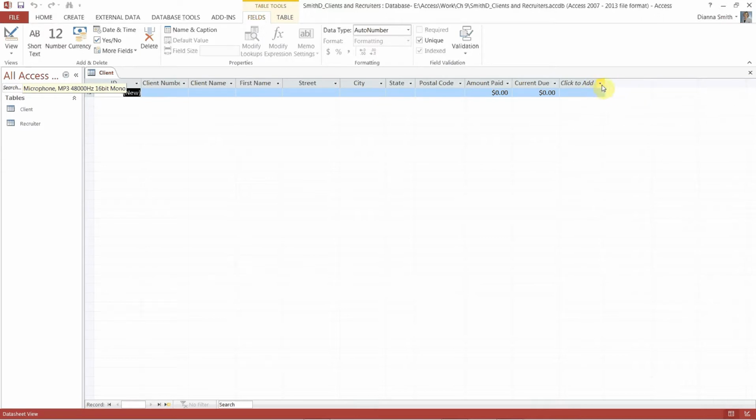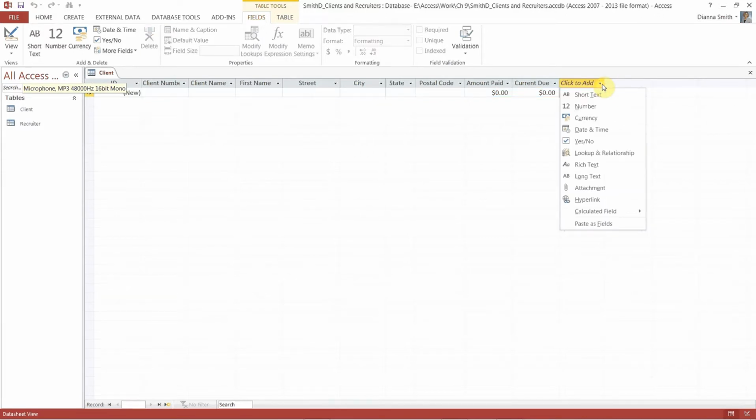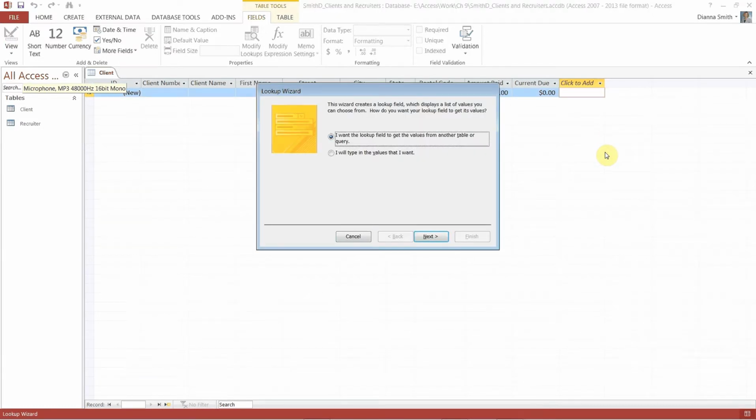Now click on the click to add, click on the down arrow. Now we're going to do something a little different. Turn to page 570. We have done this from the design view before, which I personally prefer to work in, but maybe that's how it used to be. That was the only way you could do it. But look up in relationship. So we're going to go ahead and set the relationship here. We're going to choose next,